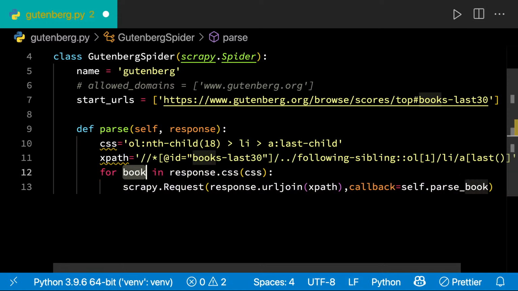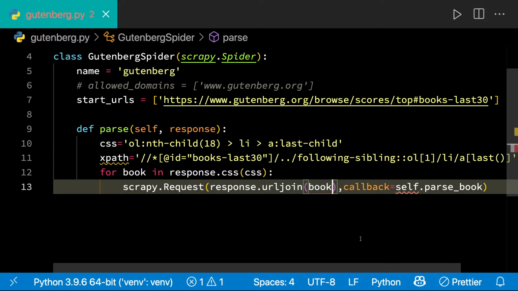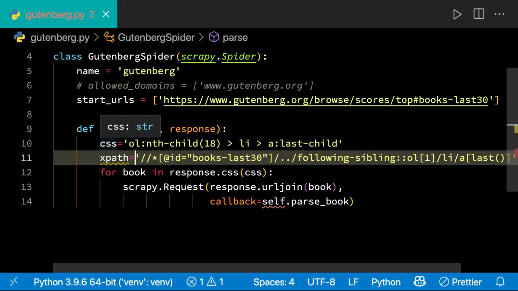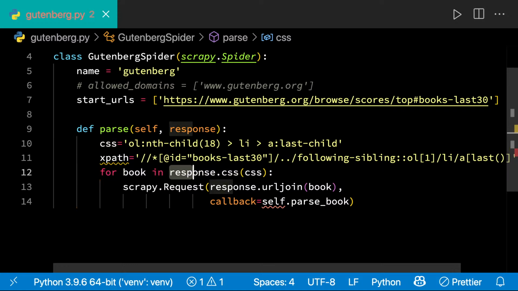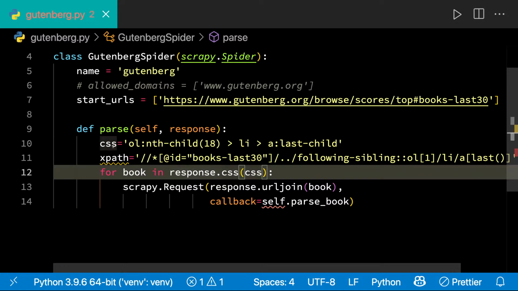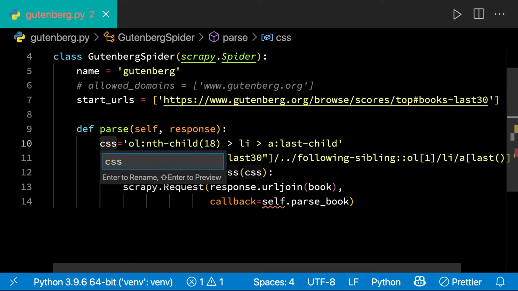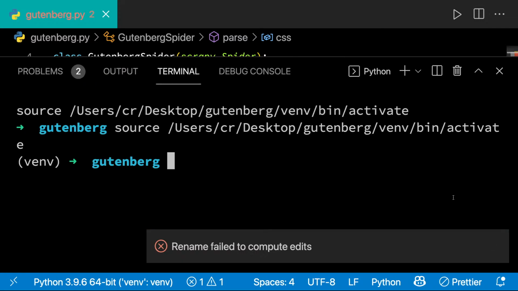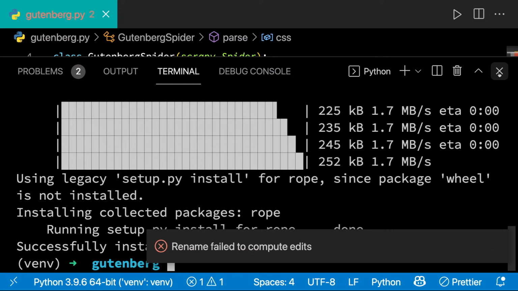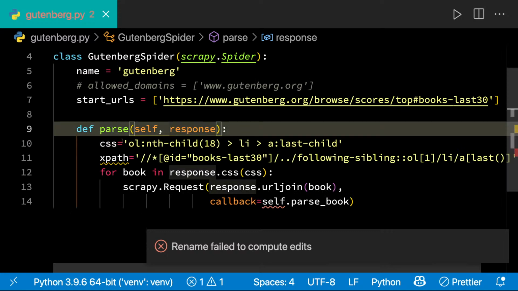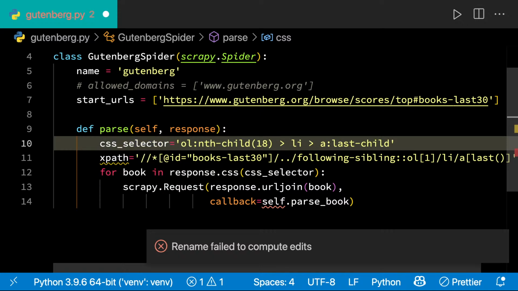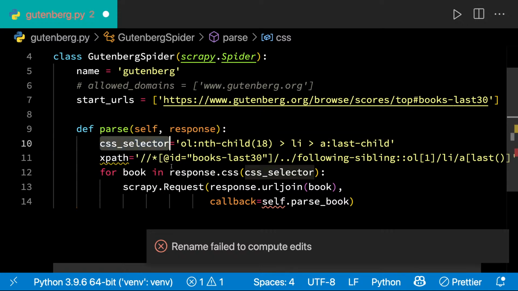So for book, yeah. So guys, try it. This is good. Basically whatever I wanted to show you, it has already created. So we are using CSS and we are calling response.css, and let's rename it to css_selector so that it is not, oh come on, for refactoring also I need to install this library. So, if I'm pressing F2, yeah, so this is the CSS selector and we are calling